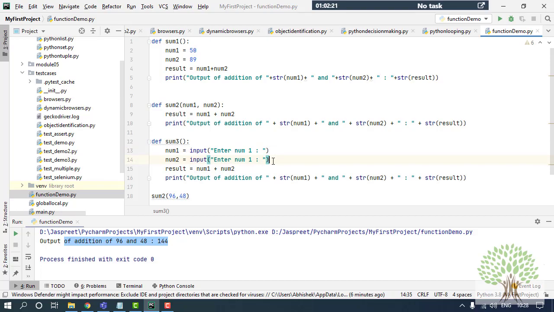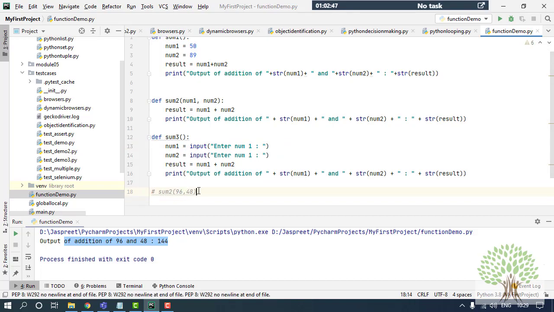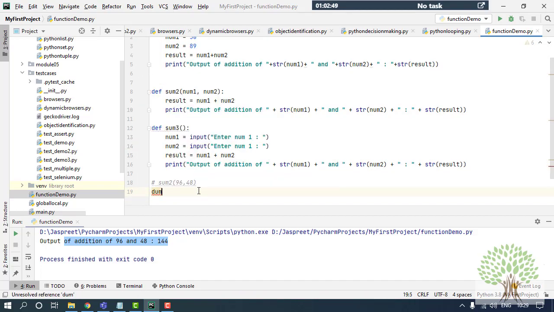Now, whenever we are taking user input, the input that is coming from the user is always in the form of a string. To perform this action, I have to convert my strings into integers so that they can be added. Otherwise, what will happen is, I'll remove this function call and I'll have my sum3 function called.